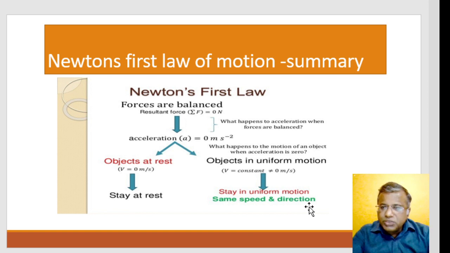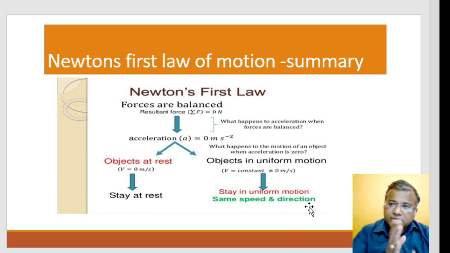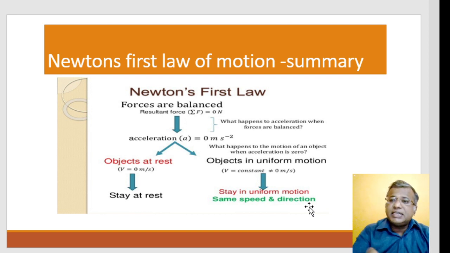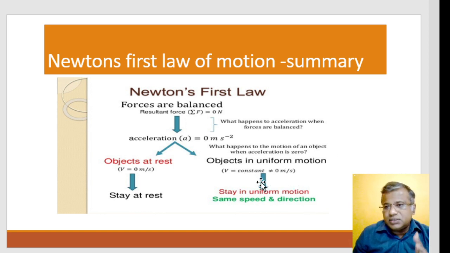So basically, you can see in these green line words here that uniform motion means two things. Their speed should be the same. That means say 60 kilometers; it should maintain 60 kilometers also, and direction also is the same. I'll tell you an important point to think over: the moment you are trying to change the direction of the car, at that time also you are accelerating. And maybe you must have come across the word centripetal acceleration. Okay, so we are not talking about a change in direction. We are talking about uniform motion where velocity is constant.